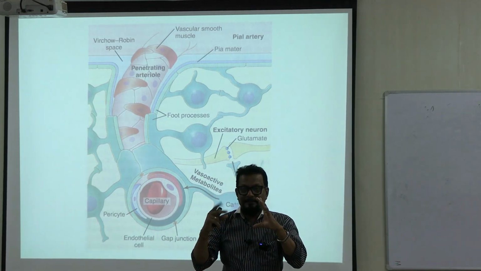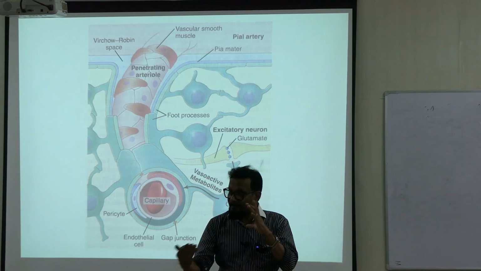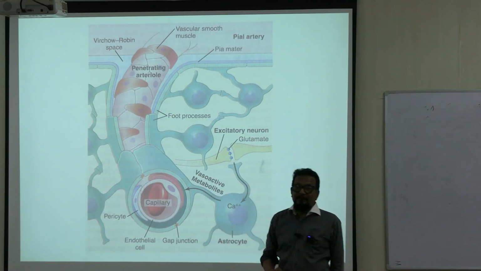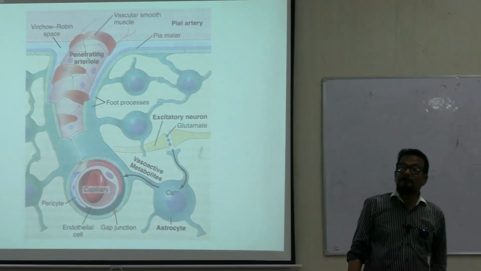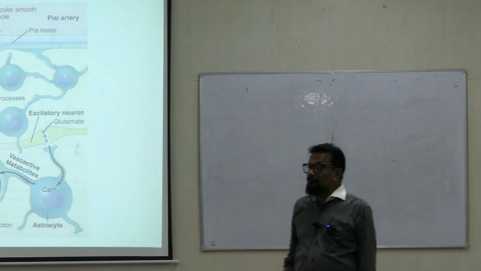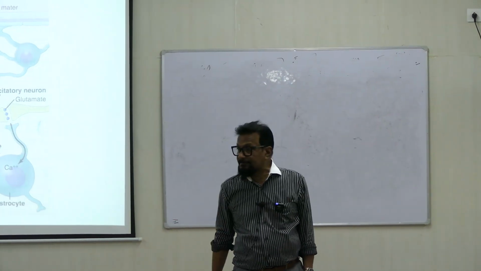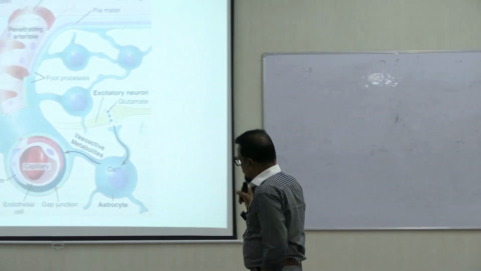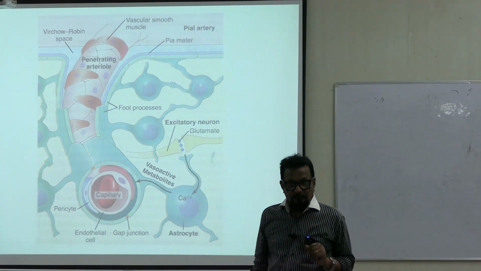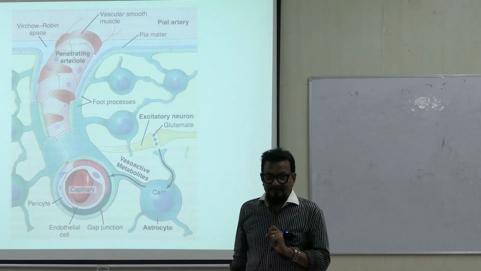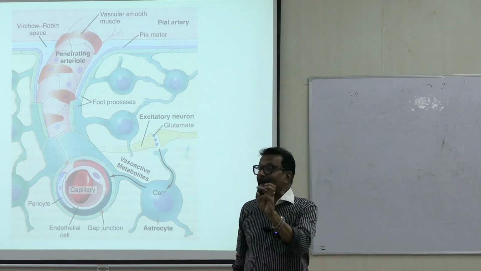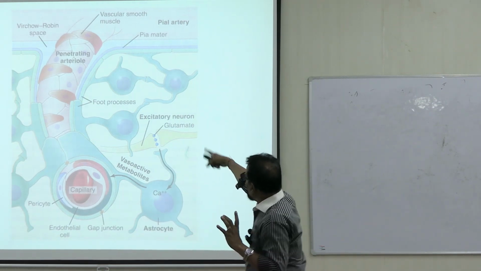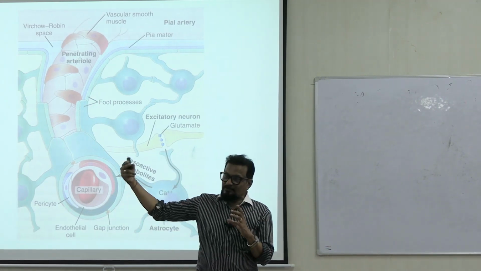These smooth muscles will be dilated, so the diameter will be increased, so more blood will be entering, meaning more blood flow will be there. So what are these metabolites secreted from this? These are potassium ion, adenosine, metabolites and products of arachidonic acids, and calcium, adenosine. So these are some end products, and all these end products are vasodilators. So when these are secreted, the blood vessels, that is this penetrating arteriole, becomes dilated and more circulation is made